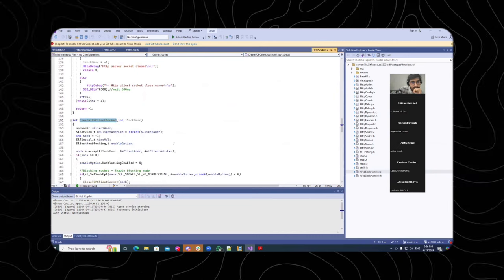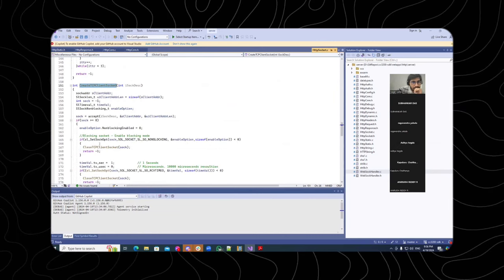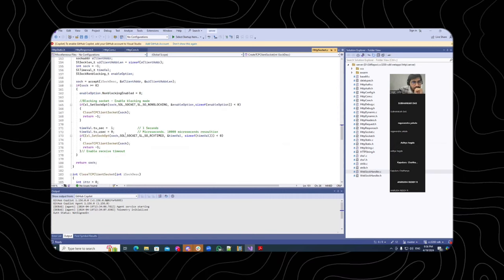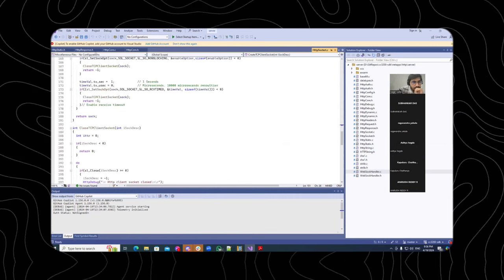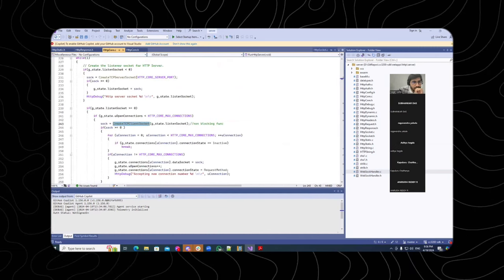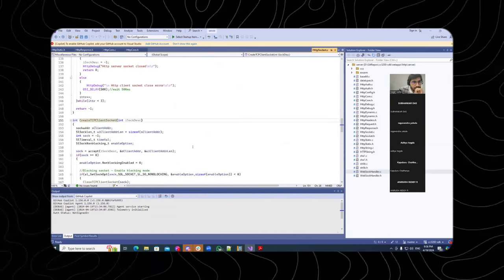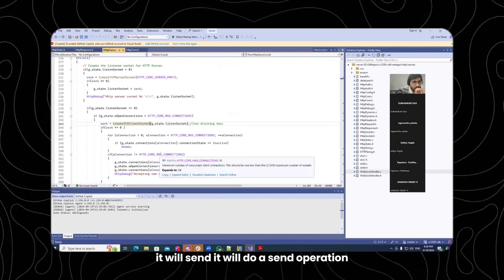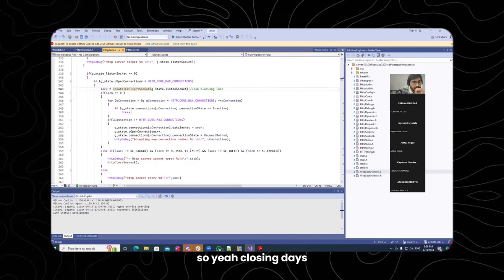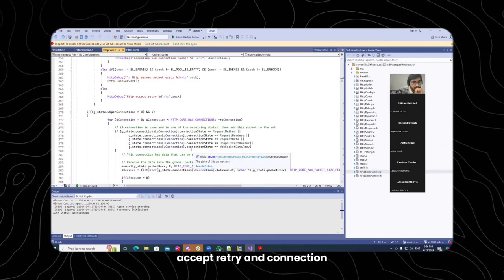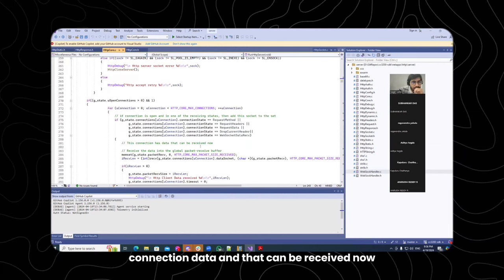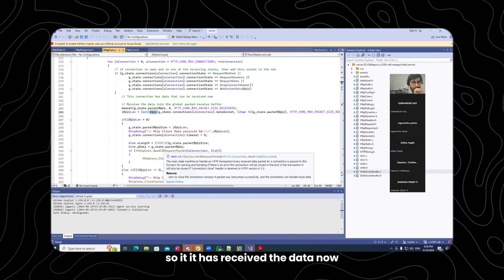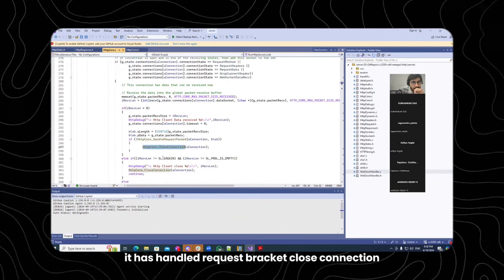This is the one. After socket options, return socket. Somewhere it will do a send operation. Closing this, accept, retry, connection data that can be received now. It has received the data now. Handle request packet, close connection.